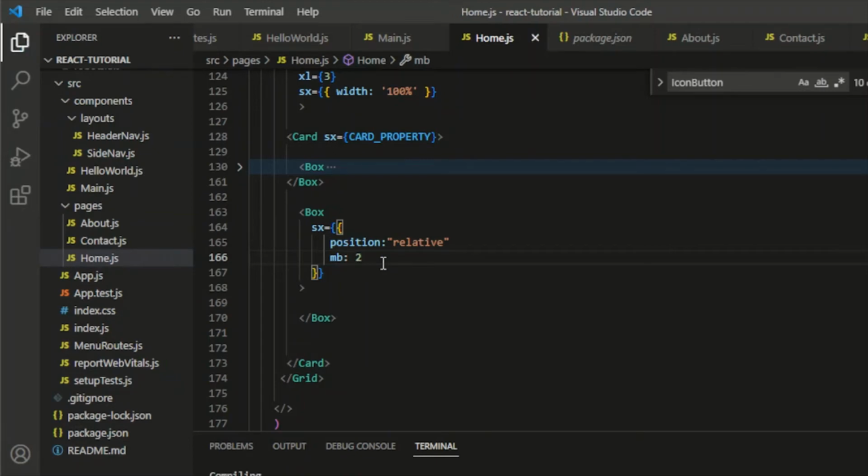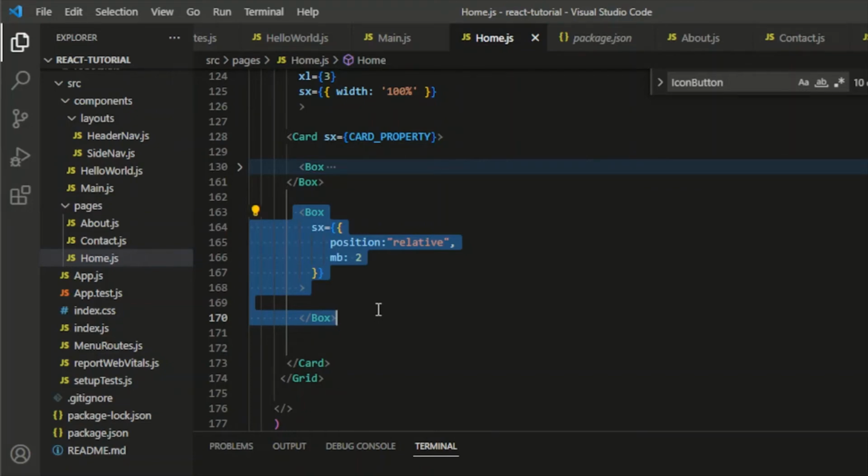Okay, so let's save that. Okay. Let's apply some color. And there you go. So now that we have this next section here, the next thing we need to do